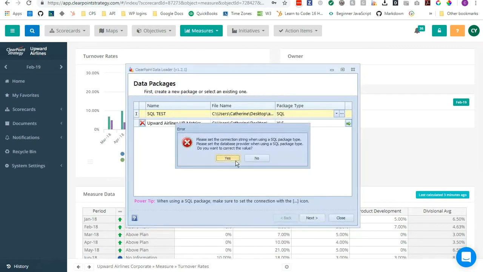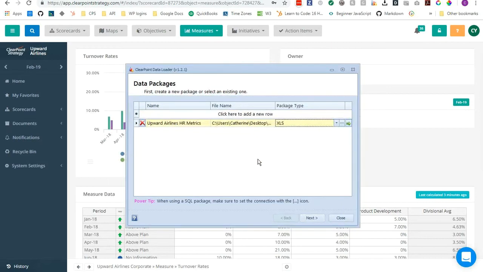Great. So at this point, you might be wondering about some scenarios where the data loader can help to supercharge your updates in ClearPoint. The instance that we've touched on so far is one in which your data is being tracked in an outside system alongside your data entry in ClearPoint. One reason for this might be that you are collecting data daily or weekly, and then you want to consolidate it into a monthly average or sum before uploading those data points to be reported out on from ClearPoint. So rather than having to copy and paste your data at the end of each month, the data loader is going to help you ensure that you can easily get all that data into one place